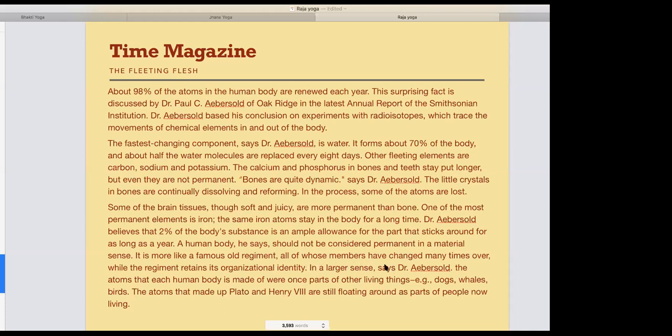In a larger sense, says Dr. Abersold, the atoms that each human body is made of were once part of other living organisms like dogs, whales, birds, and the atoms that made up Plato and Henry VIII are still floating around as parts of people now living. So this literally is showing you the temporary and illusory nature of the body,